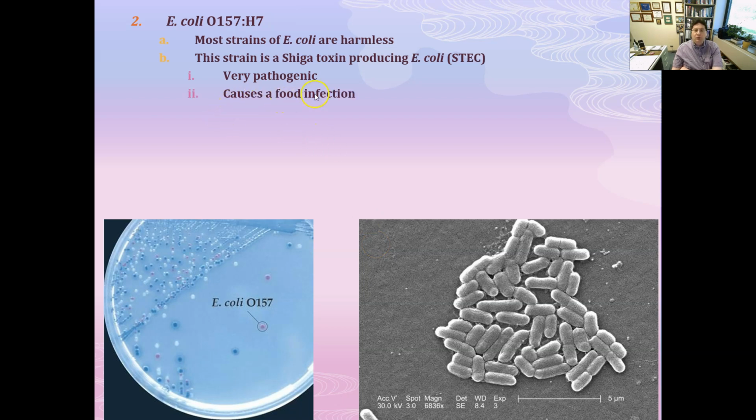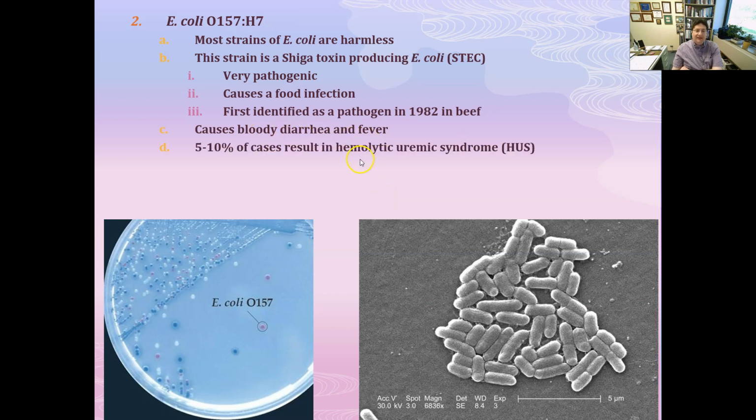It causes a food infection. So the E. coli is growing in the patient, and then it produces this toxin. This strain was first identified as a pathogen back in 1982 in contaminated beef. It causes bloody diarrhea and fever, and interestingly, in 5 to 10% of cases, so relatively small amount of cases,